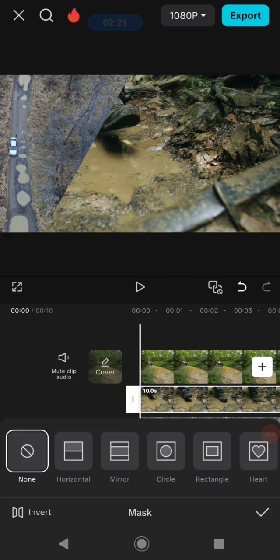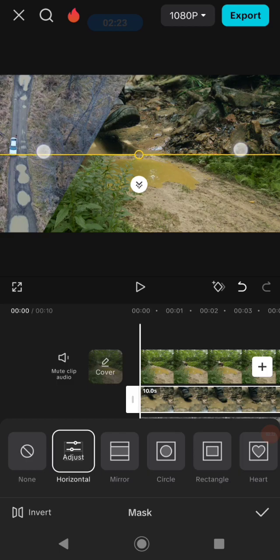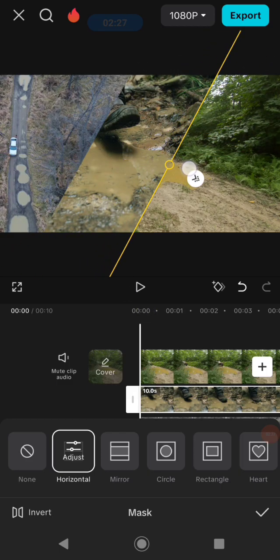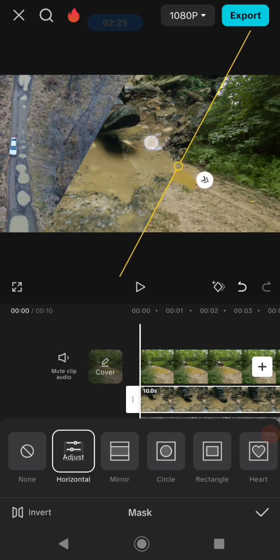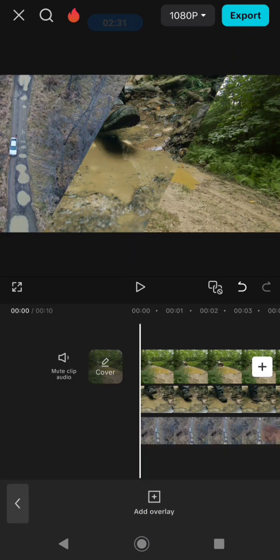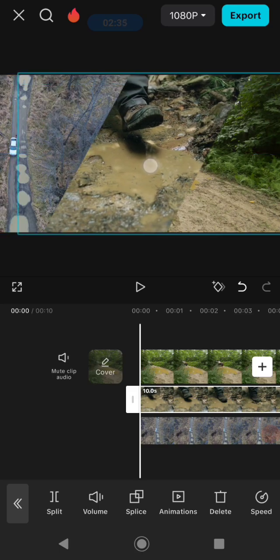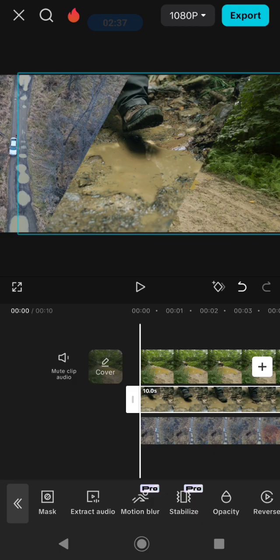Same as the previous clip, you need to add a mask too. Okay, like this, positioning it. Okay, then you can position the clips on the screen like this. Go to the mask one more time,